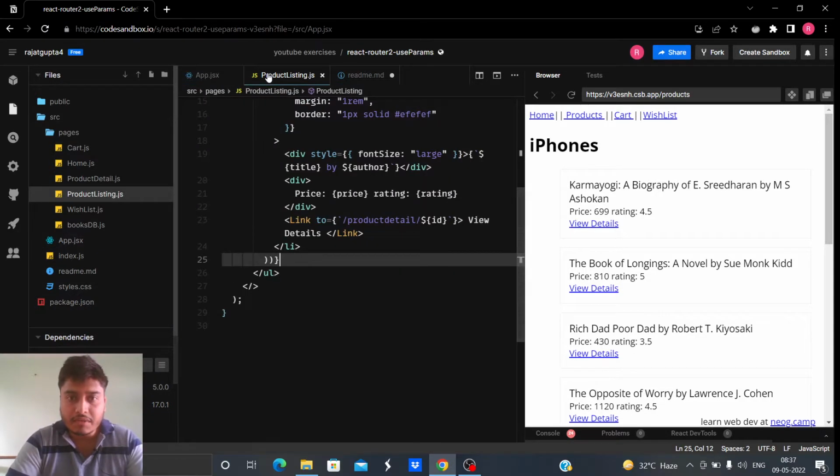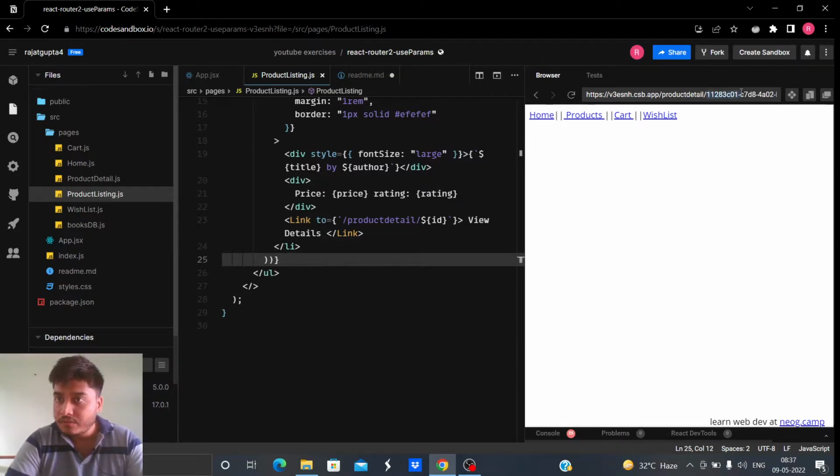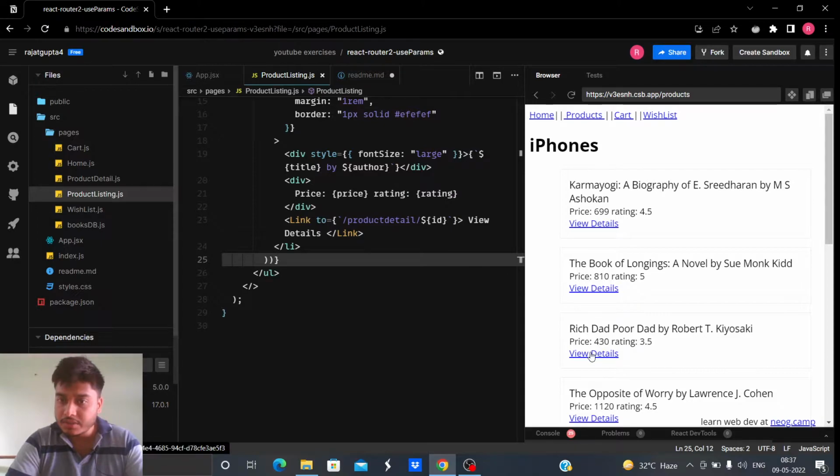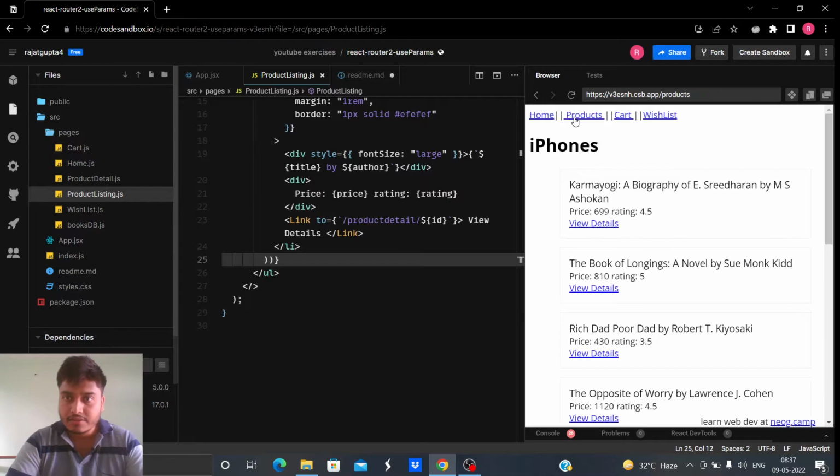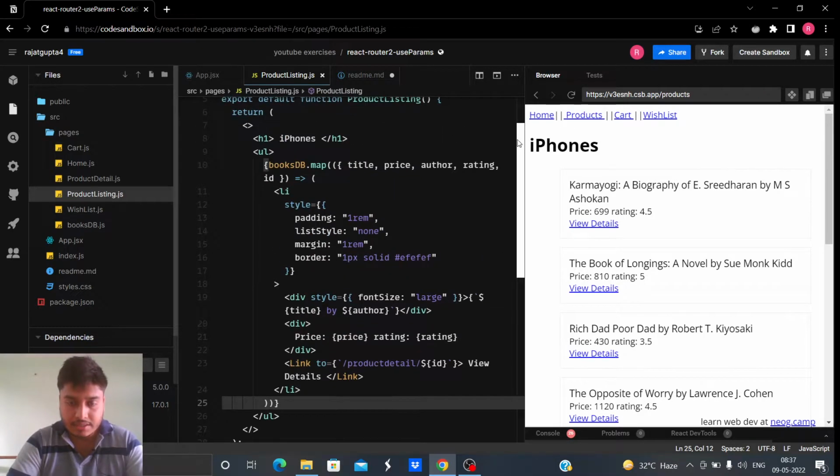But although we have made this link dynamic, and we are getting to different pages, note that nothing exists on this URL. There is no route corresponding to this URL. Let me reiterate. Although we are getting to this particular URL that is different for each product, there is no route corresponding to this particular path or URL. Hence we are not getting anything in the view. So you guys understand this.